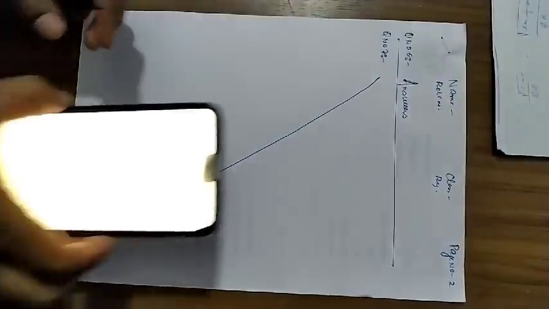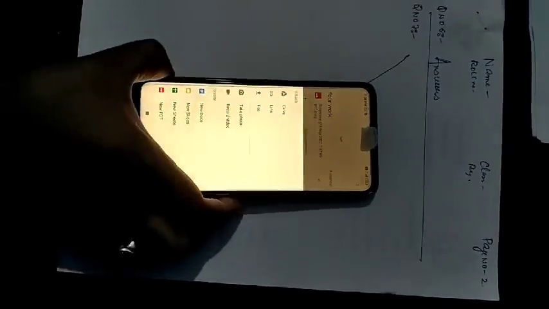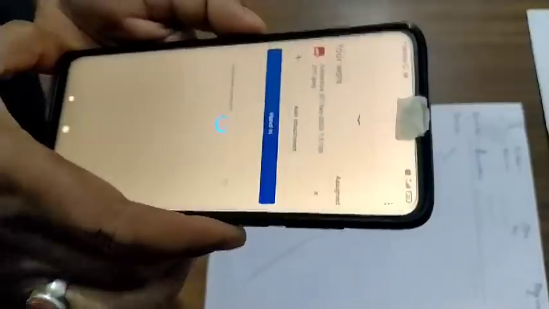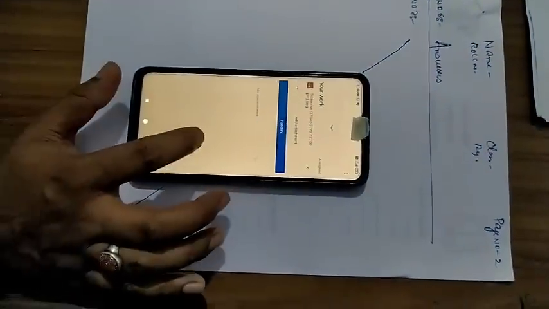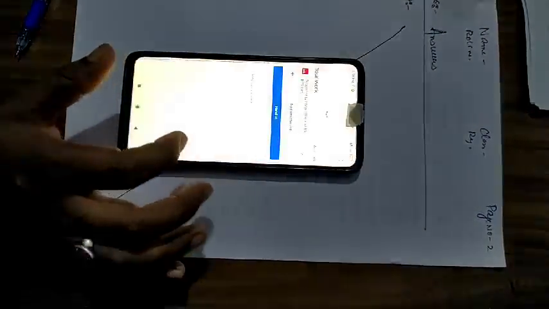Again you will go to the add attachment section. You will click on it. You have a facility to take photo. You will again take the photo and you will simply click on the check. Do not bother, it will get uploaded in time.